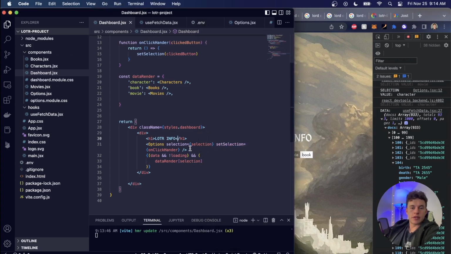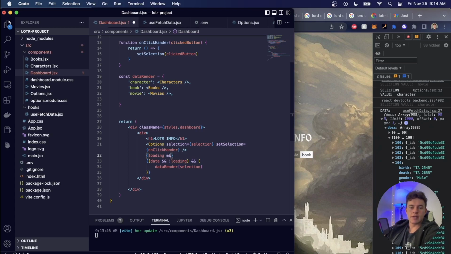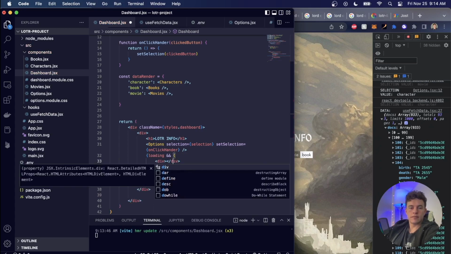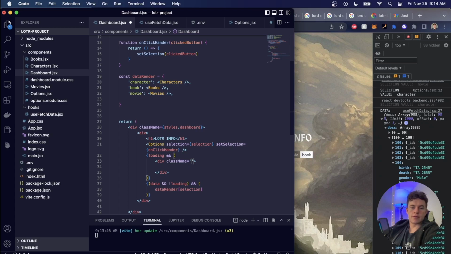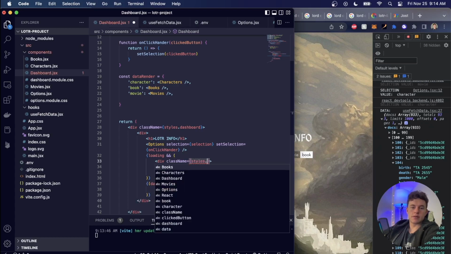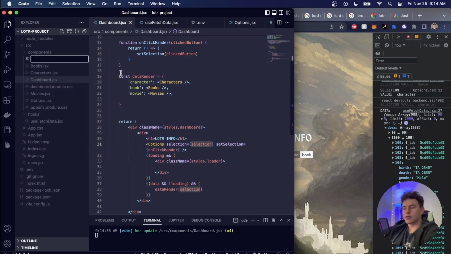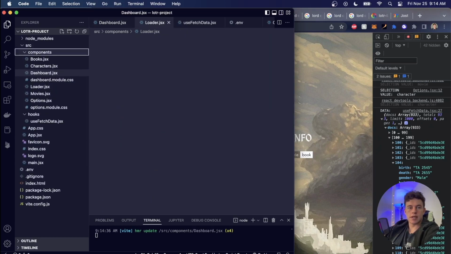And what we could do is say if it's loading, so we could say loading. If that's true, then we could just render out another component. So we could say and, just like this, and have a div just here. And what we could do is give this a class name equal to styles.loader. Now once again, this is in our dashboard, so what I might even just do is create an additional component for our loader. So let's just call this loader.jsx,